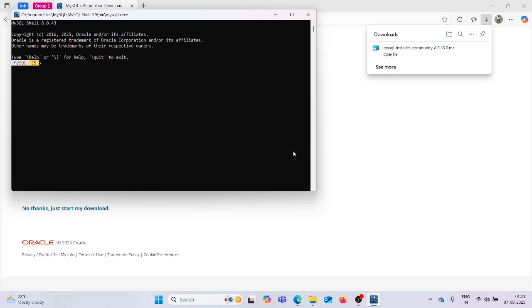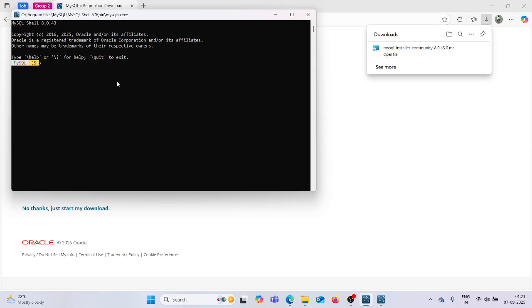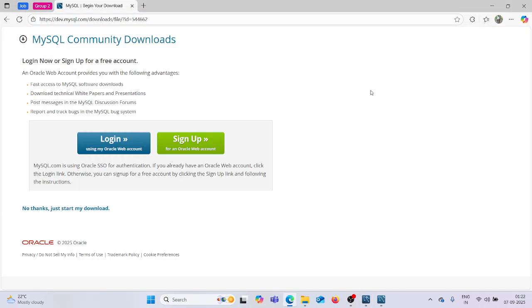Now it is taking towards the MySQL Shell command line. Now this part is showing MySQL Workbench. Two ways were visible. This one is the MySQL Shell. Just look in the top left corner, MySQL Shell 8.0.43. It is nothing but your command line, as I mentioned. And the second screen was coming like MySQL Workbench.